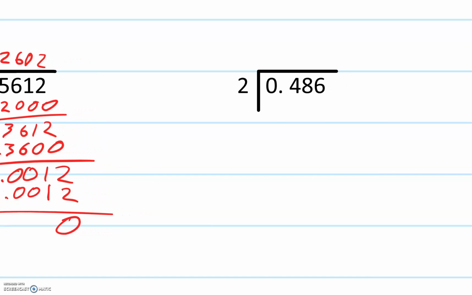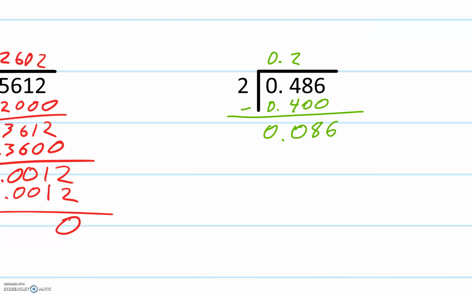Okay, and last question here. Same exact deal, except it starts with the 0 decimal. So it's really no different. As long as you've been keeping the same method going along, this is going to be no surprise, and it's not going to be difficult for you. So how many times can 2 fit into 0? 0 times. So how many times can 2 fit into 4? 2 times. If you have two of those, you'd get that, and when you subtract, you're left with